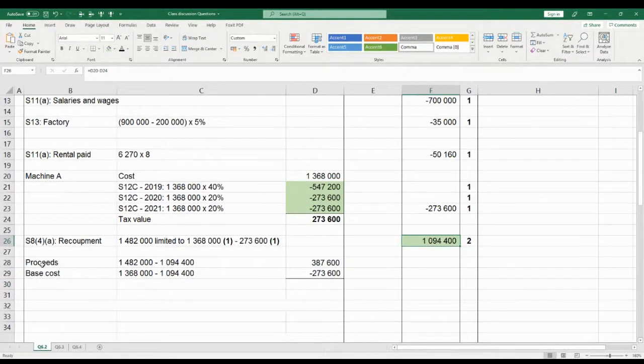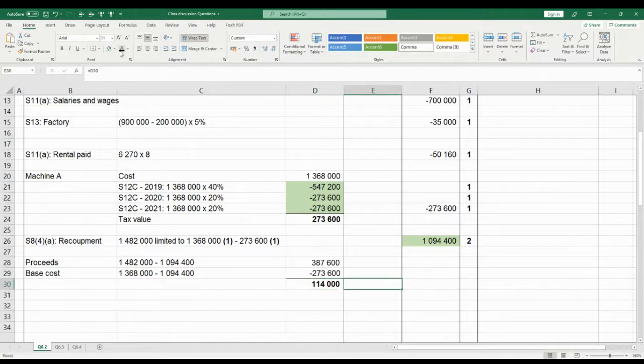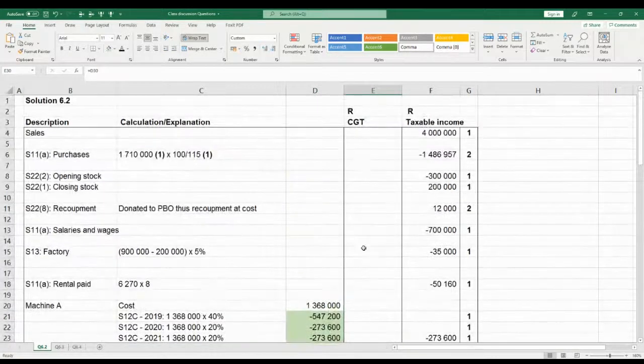Then from a capital gains tax point of view, which we haven't discussed yet, but we're just including it here for completeness sake, your proceeds would now be that 1.4 million, which you sold it for, less what you've recouped already or were taxed on as a recoupment. So our new proceeds is 387,600. Our base cost was the original base cost, so the original cost less the recoupment as well, which is our tax value. And then our gain for that one specifically is 114,000, which we then include in our capital